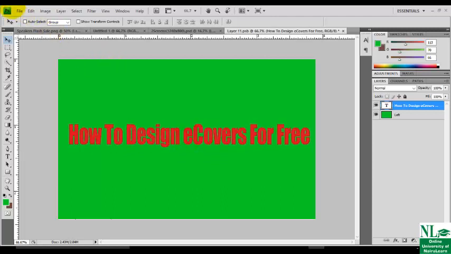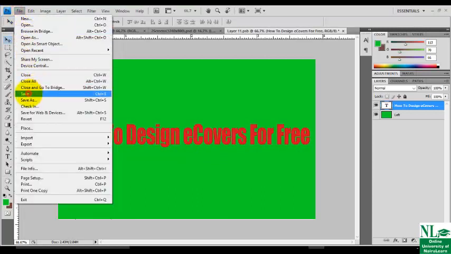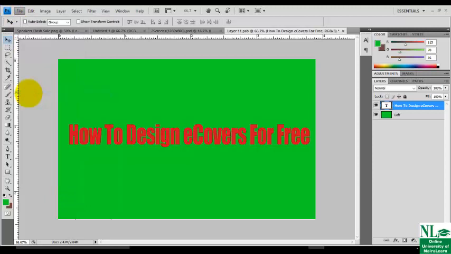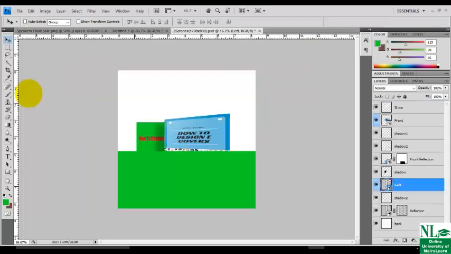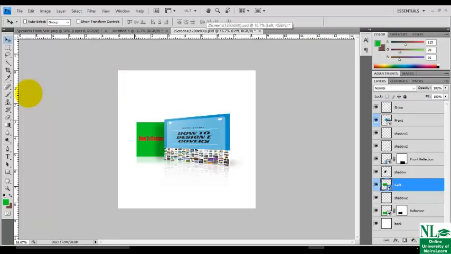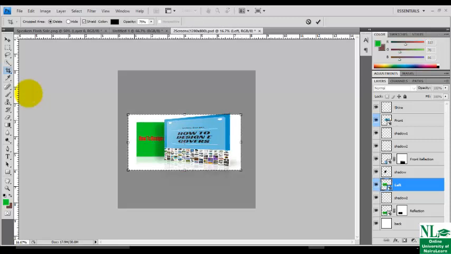Okay, return back to file, click on what? Save. You can delete this file, you don't need it any longer, and this is it. Now you can pick your crop tool and crop it.